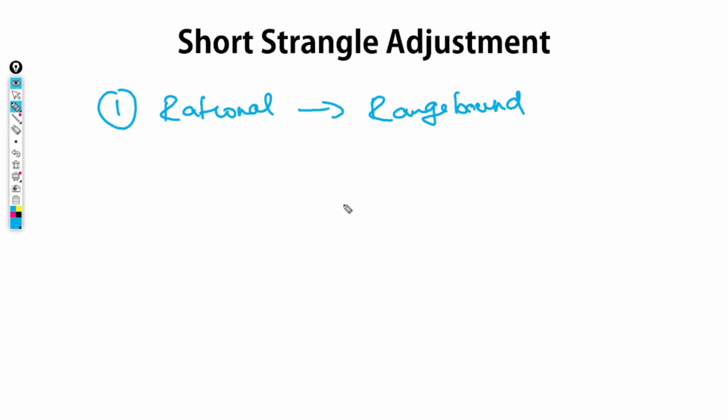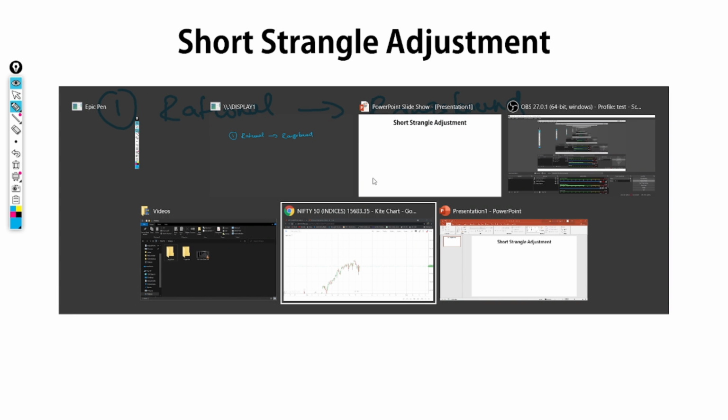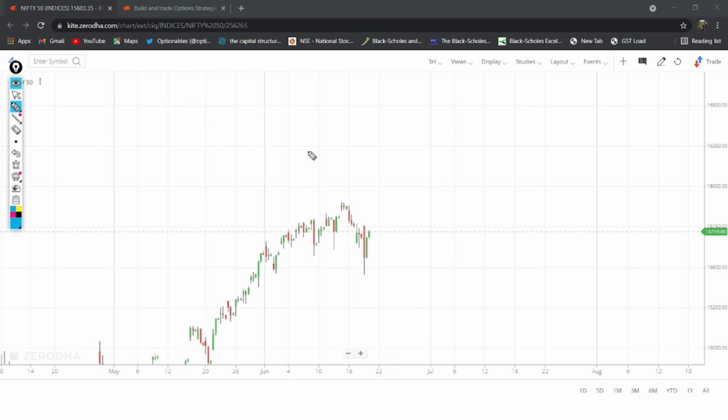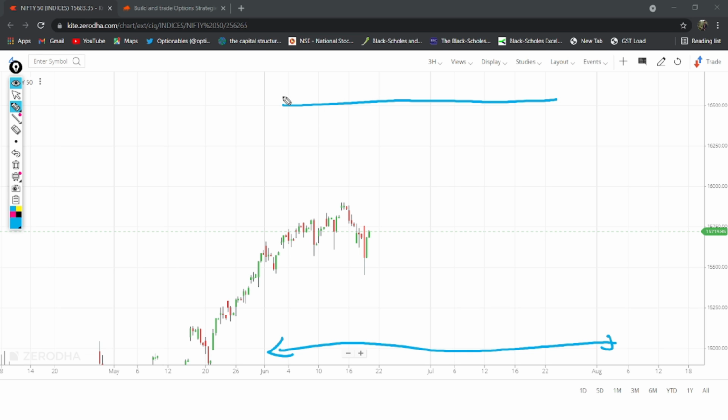So the first thing is what is the rationale behind creating a short strangle. So the rationale is you expect the market to be range bound. So the idea I have here is I am expecting the market to trade in a small range. So let me just open the chart here. So my expectation, let's say this is the Nifty 3-hour chart which I have opened. So my expectation is by July end, Nifty is going to stay between 16,500 and 15,000. So this is my expectation,